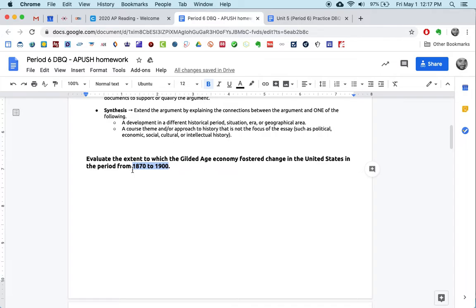You can talk about, I don't know, some of the reform movements of the time period, socialism, the temperance movement of the late 19th century, and things like that, as long as you're focusing more on social